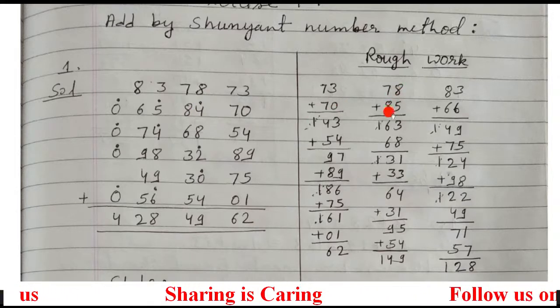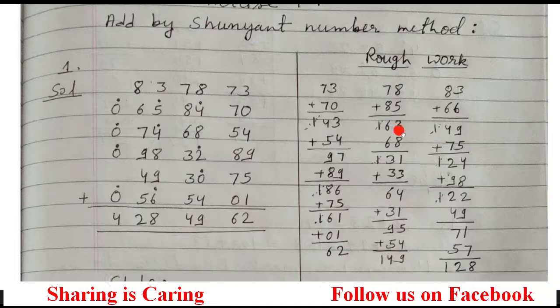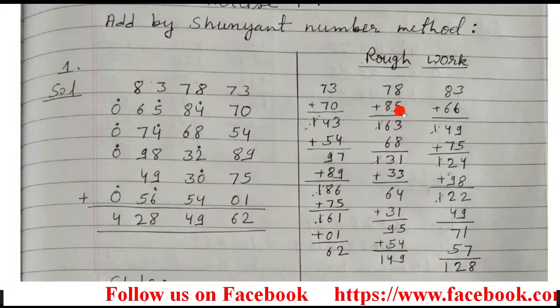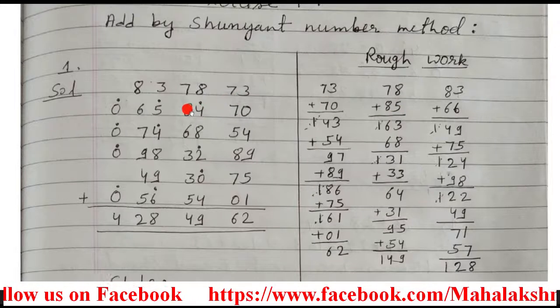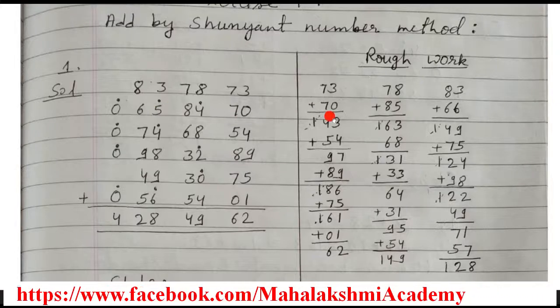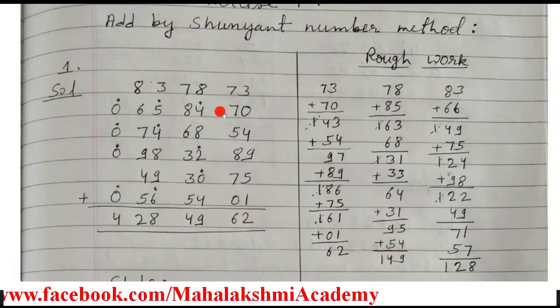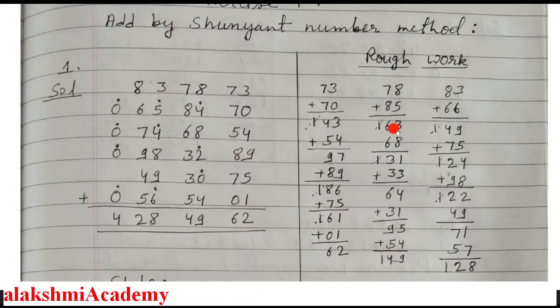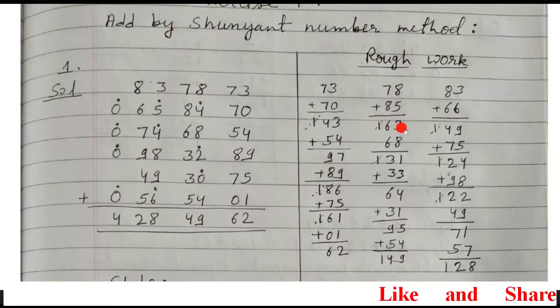So 78 plus 85 will give you 163. This one again we partially cut, and the recently added number is 85. The number which is written before 85 is 5. So put here an Ekadika dot. So this one came here as Ekadika dot. Now the summation of these two we obtained as 163. One went as Ekadika dot, so we are left with only 63.